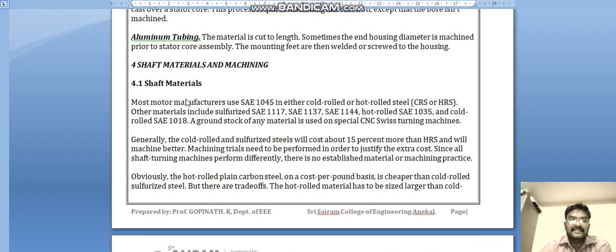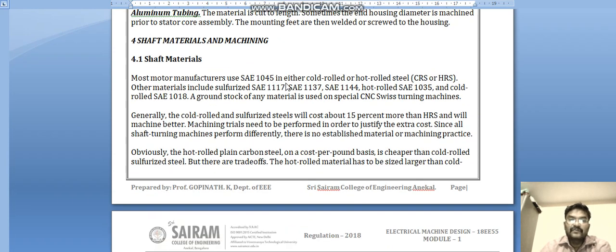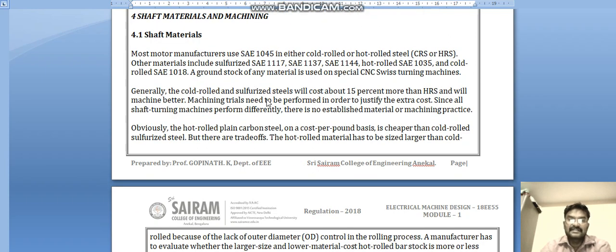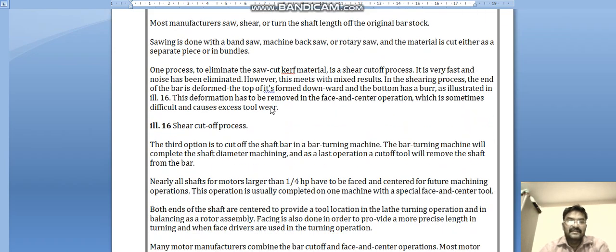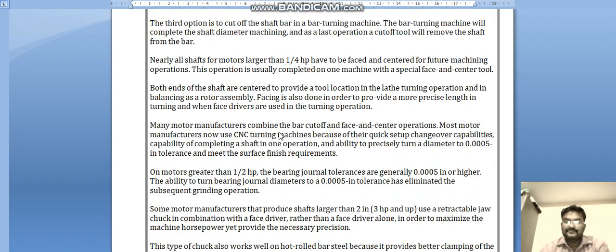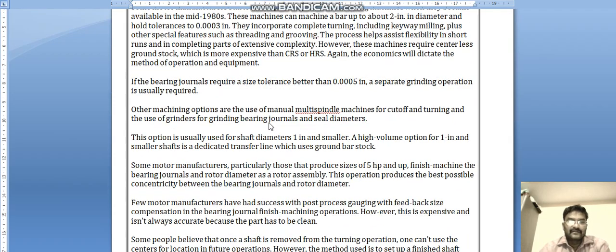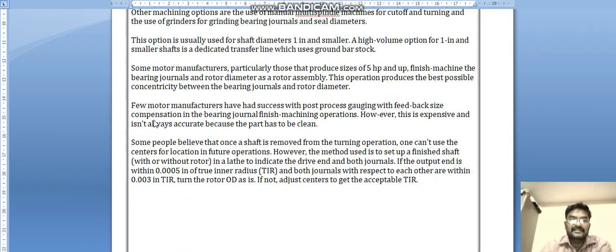Shaft materials. Shaft material is normally SAE 1045. Generally, cold rolled sulfurized steels will cost about 50% more than hot rolled steel and will machine better. Machining options: shear cut process. From these options, a few more options: manufacturing process, gauging and feedback size, completion of the process journals. Some people believe that once the shaft is removed from the turning operations, one can use the central location of the